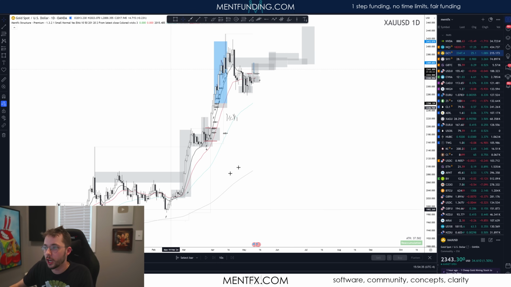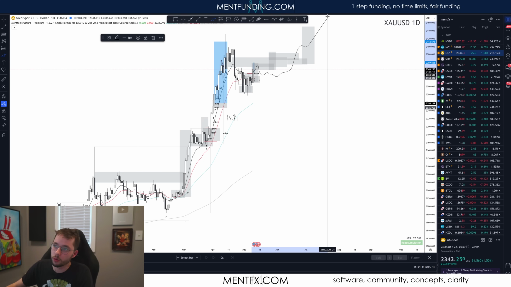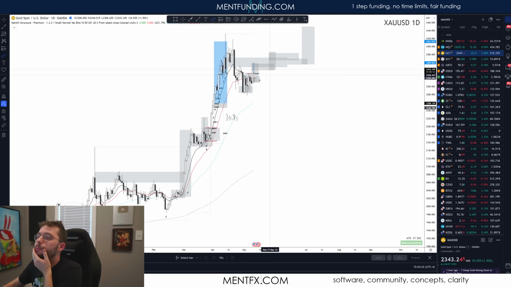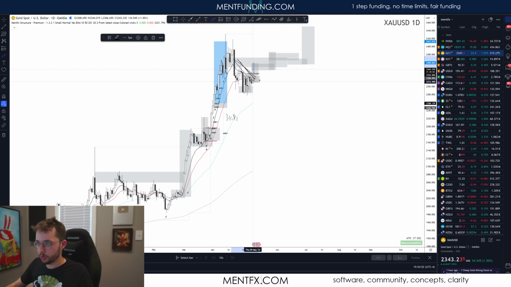And hopefully we don't flush out and I get to ride this higher. I don't know, it's probably going to flush me out, boop, and then it'll go, whatever. That's fine. I don't care. But this is telling me it wants to go long, and it's breaking out of this MB or this ICI, breaking out of whatever, if you want to call the pivot. Yeah, this will be part of the new course. I'll ignore that for now.